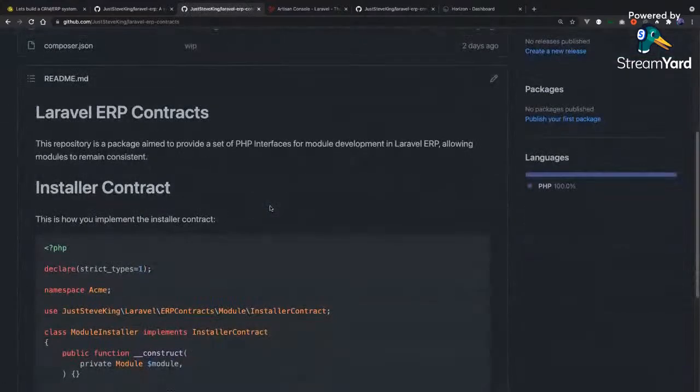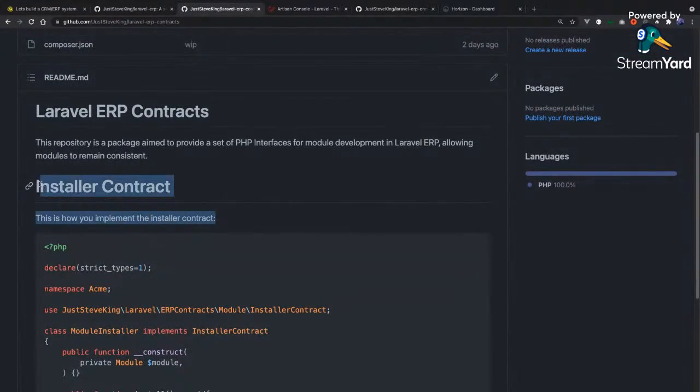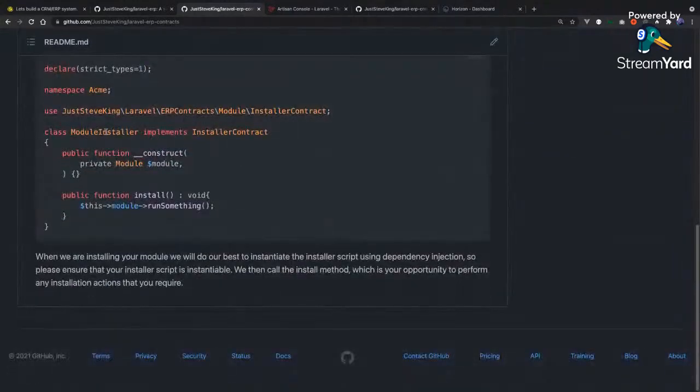So I wrote a little bit of a README. So installer contract. This is the main one that we need right now. So our module installer has got to implement the installer contract. It will, because it uses dependency injection and it uses the Laravel container in the installer when we're trying to install this package, whatever you add into this construct method will, if possible, be resolved and injected into the installer, which means that the install method, which is a requirement,